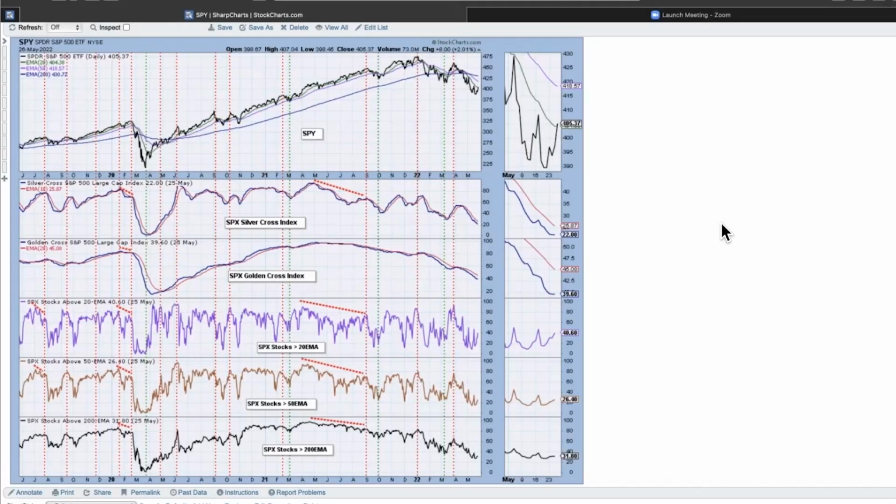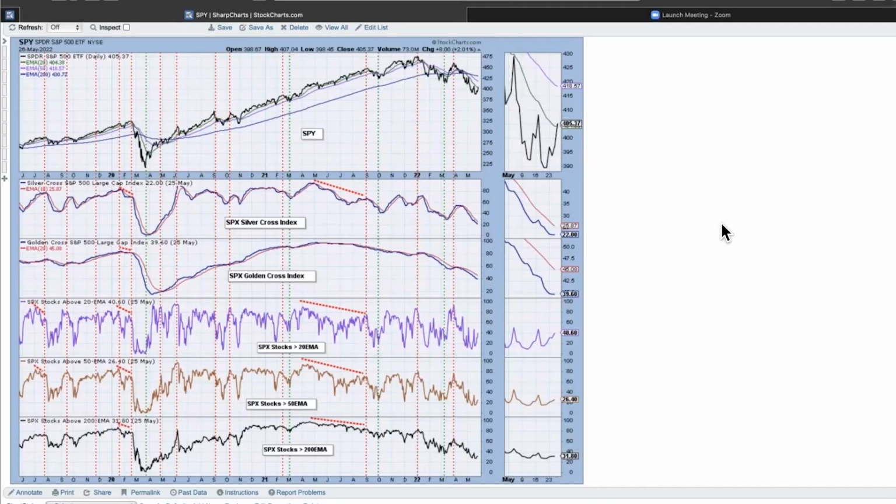So most people are familiar with a golden cross. A silver cross is something that we've coined, and we consider that a positive crossover of the 20-day EMA above the 50-day EMA. So what the Golden Cross and Silver Cross indexes do is they take whatever index, sector, and